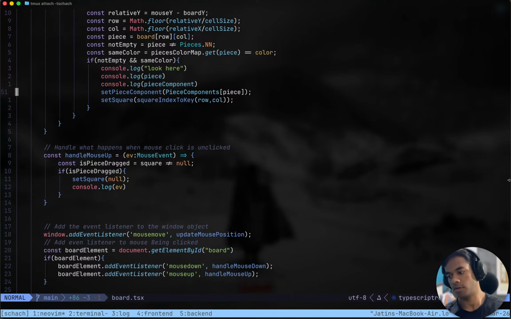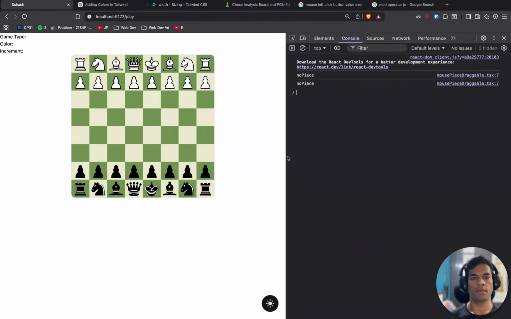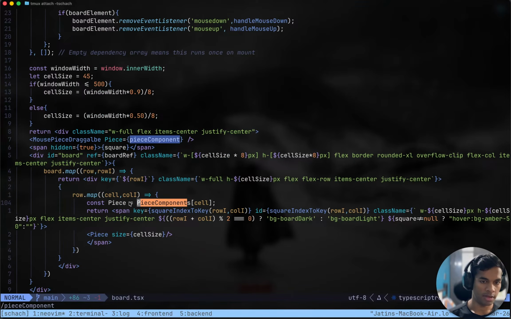Piece components piece. Okay, still not working. Piece component is null. Piece components. Cool.